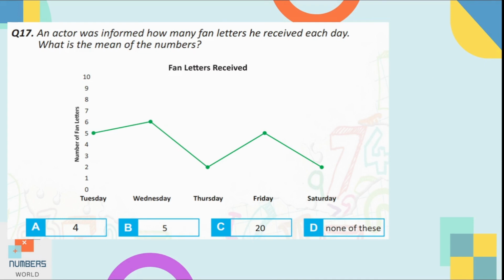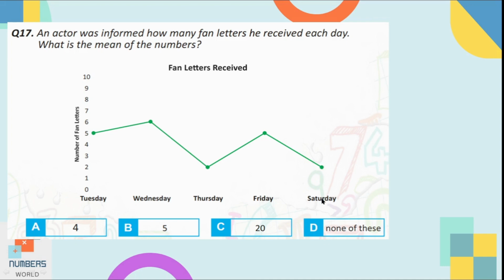Question number 17. An actor was informed how many fan letters he received each day. What is the mean of the numbers? To find out the mean, we will add the values and divide the sum by the total number of the values. So the actor got 5 letters on Tuesday, 6 on Wednesday, 2 letters on Thursday, 5 on Friday, and